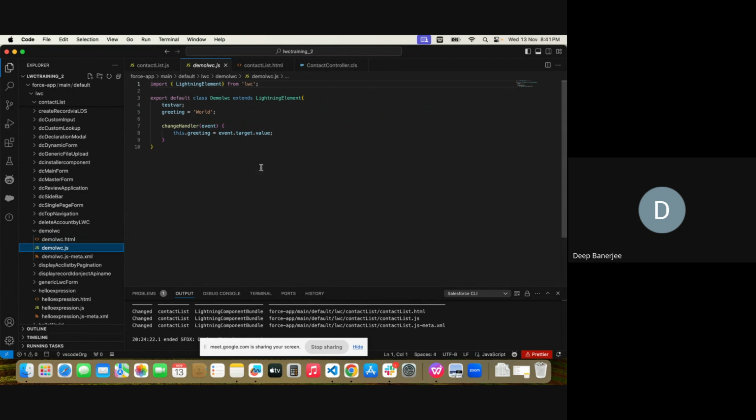JavaScript is actually the controller. Controller means whatever you can see in the page, and if you want to do some actions, consider the same example: any page layout has some buttons. Whenever you click on the buttons in the page layout, it does some work or some action, or it redirects to some other pages or something like that. So